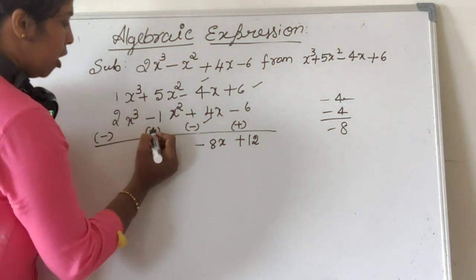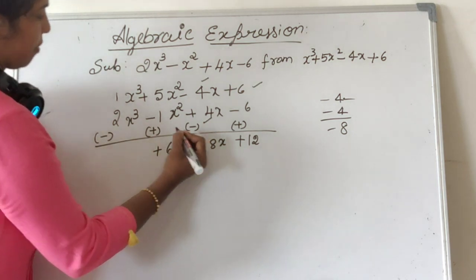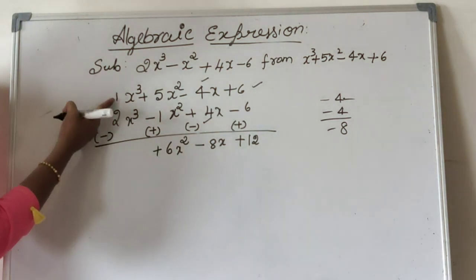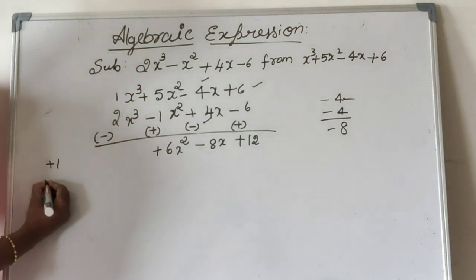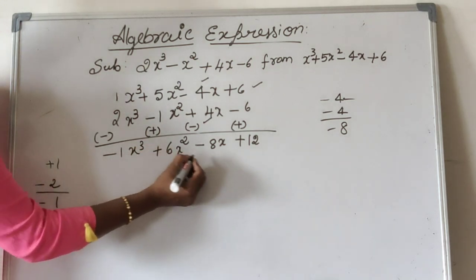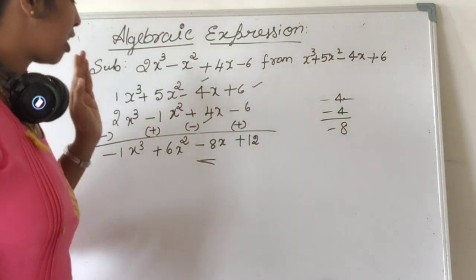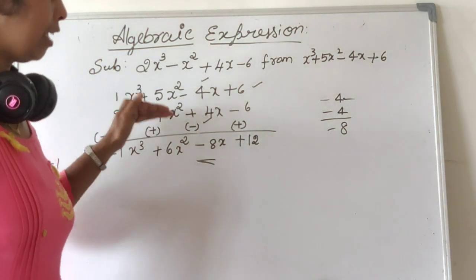Now plus 5 plus 1, 5 plus 1 is 6x square. Now plus 1 minus 2: 1 and 2 with different signs, we subtract, and the bigger one is minus. Minus 1x cube. Understood? Remember students, when you are having a subtraction, if you are writing like this, you have